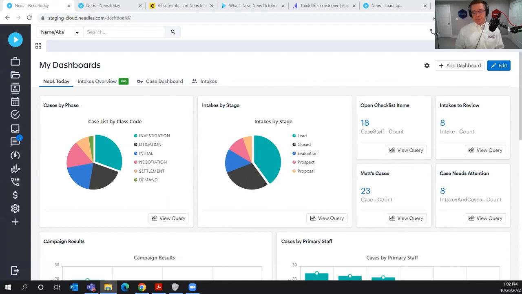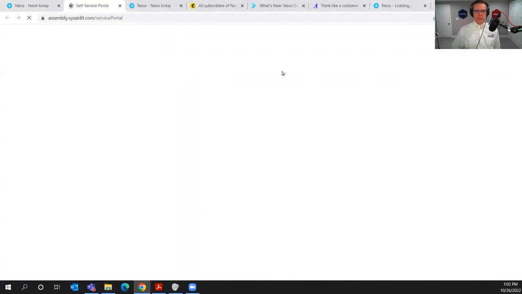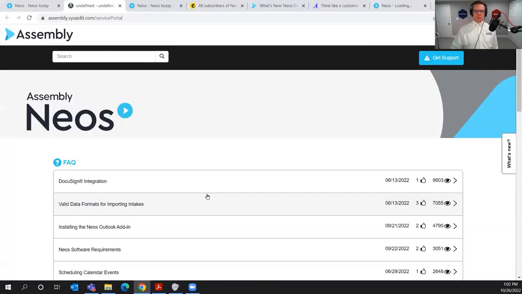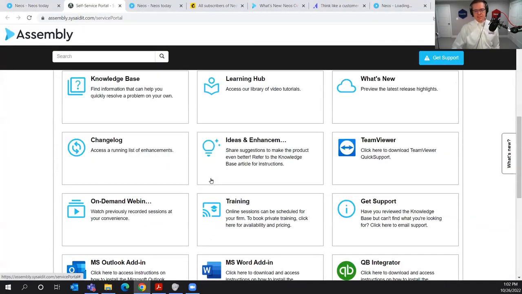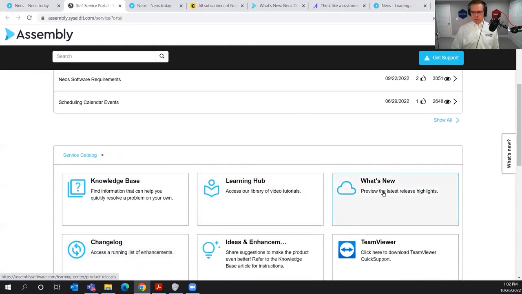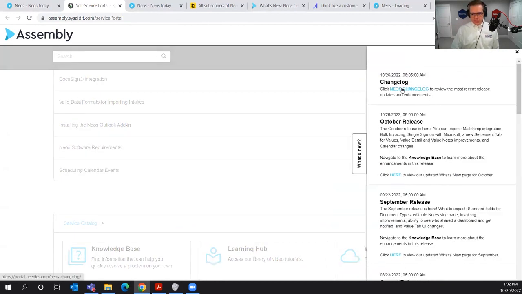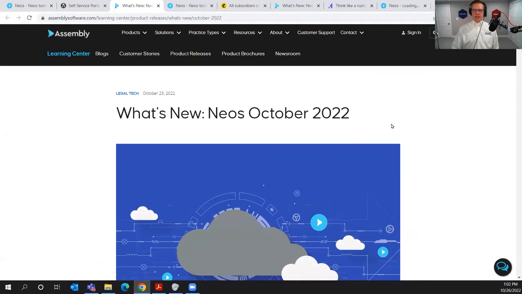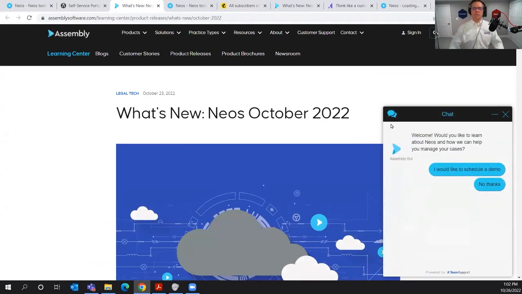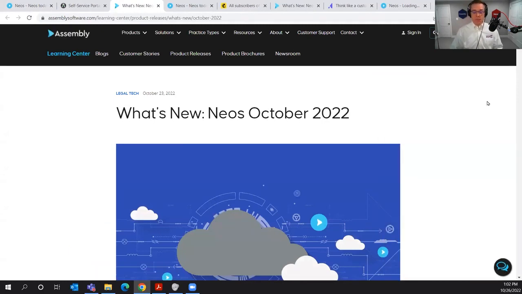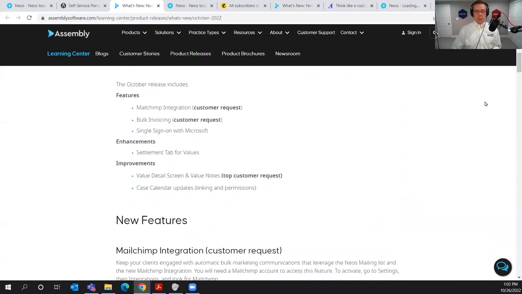As with every release, we're going to start with the support portal. If you click your question mark here, it's going to open up your support portal with all of this great stuff, including the knowledge base and the learning hub. But what we're looking for is What's New. You can access it here or in the pop-out. We have the change log, and then we have the October release. Let's click that page, and it's going to give you a rundown of all the cool stuff associated with this month's release, starting with